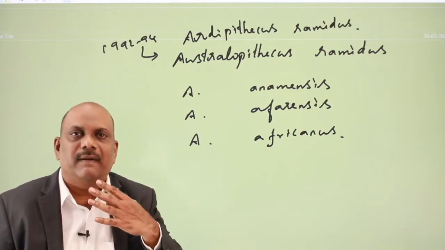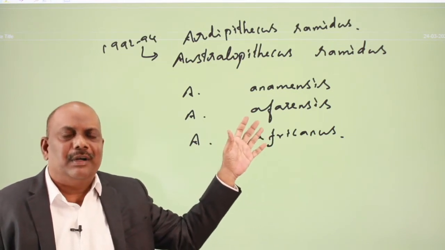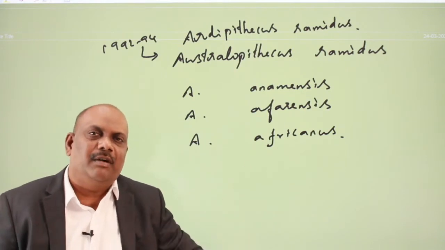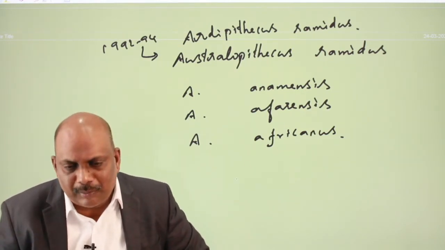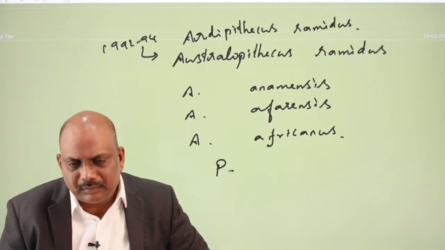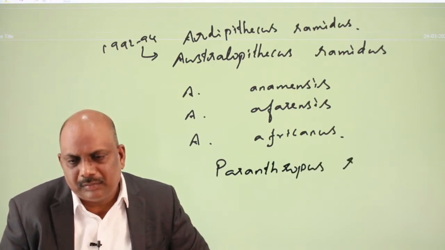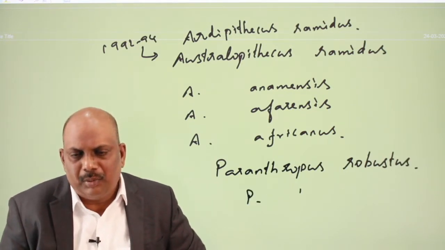Ardipithecus ramidus. So these four are the very important gracile type of Australopithecus. We also have Paranthropus robustus, Paranthropus boisei,